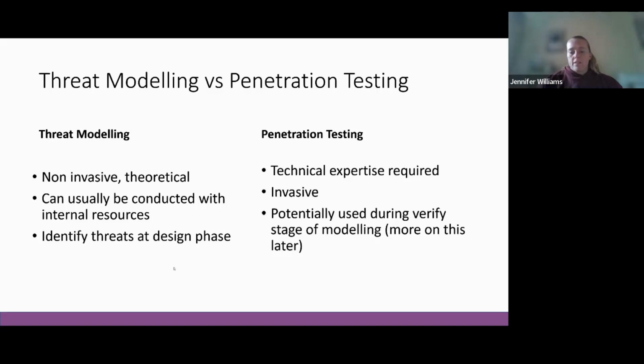However, you will need a third party for threat modeling to oversee and guide you through the exercise. Whereas with penetration testing, somebody can do that for you. Threat modeling is working together with you to actually go through that process and that exercise.